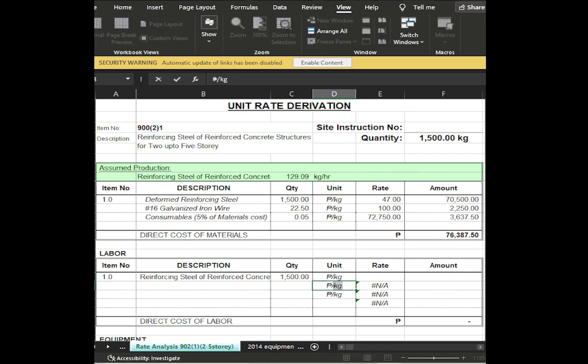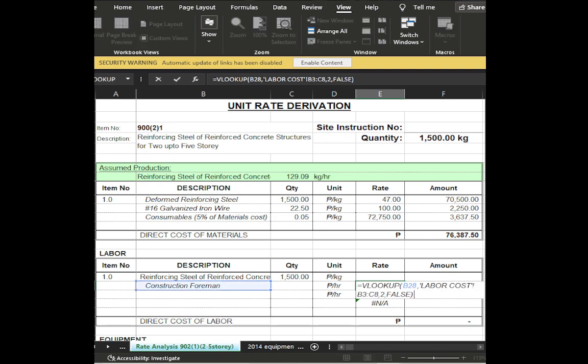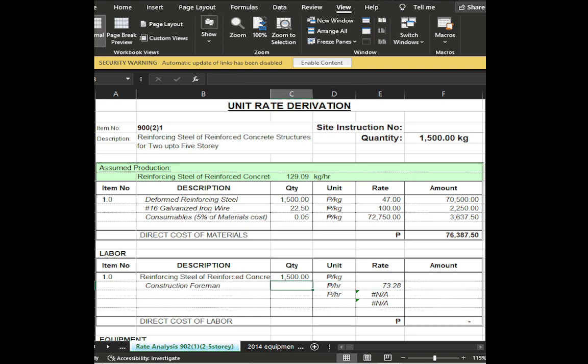But this one is per hour, we will just convert it to piso per kilogram afterwards. So we have construction foreman, so the rate is 73.28. As I said before, this is already taken from the other page. I just made the VLOOKUP formula to get directly from there. So we need one, then I insert